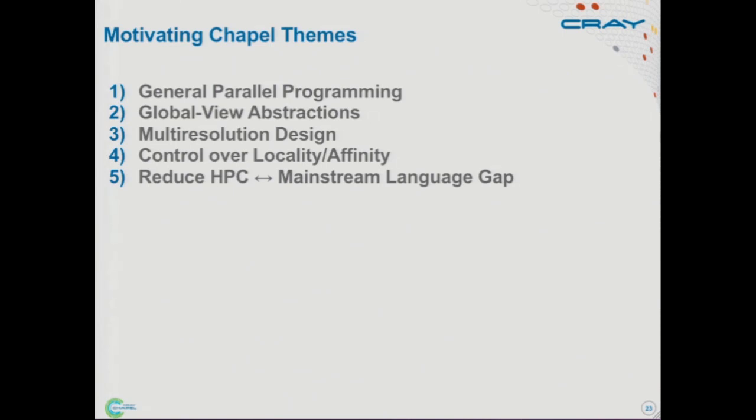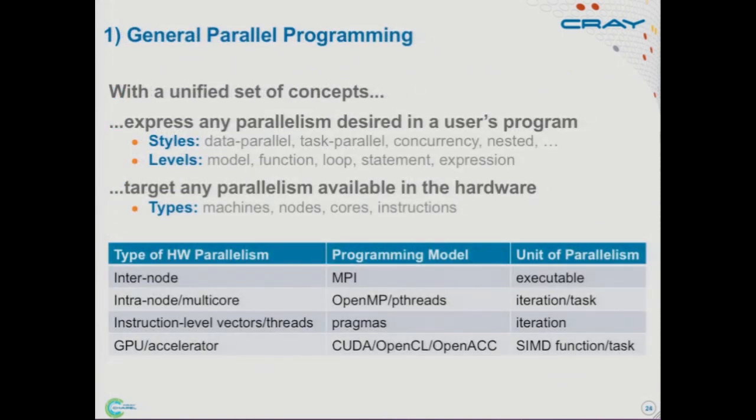And this is just a laundry list, so I'm going to break it out over the next several slides. The first thing is we wanted Chapel to support general parallel programming. We've already touched on this a little bit. If you have a parallel algorithm in your mind, and some parallel hardware you want to run it on, you should be able to write that in Chapel. You should never hit a point where you say, well, Chapel was nice while I was doing, say, data parallelism, but now that I want to do something else, I need to go back to MPI.